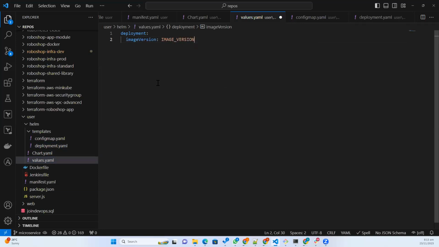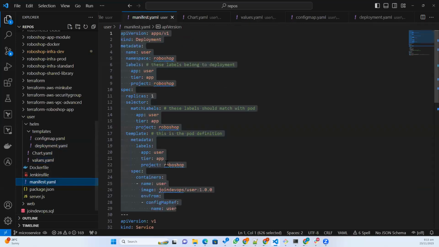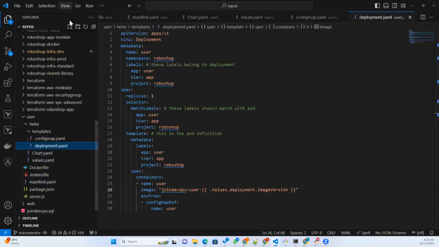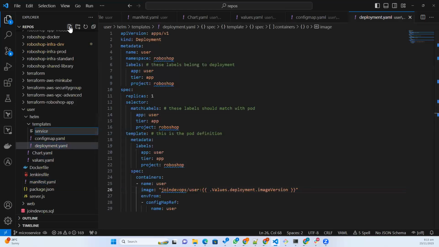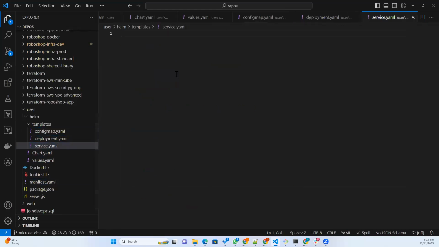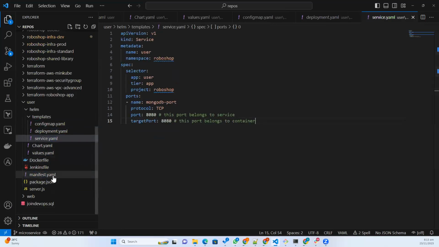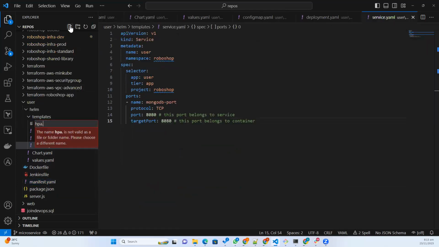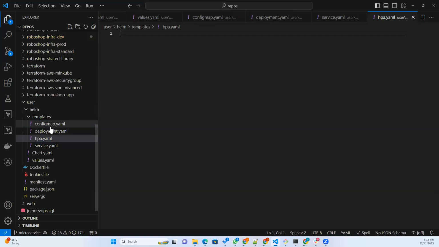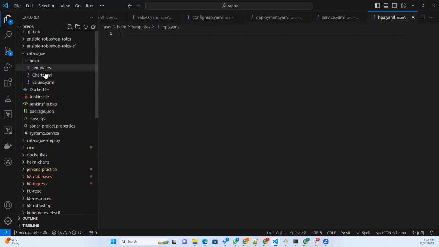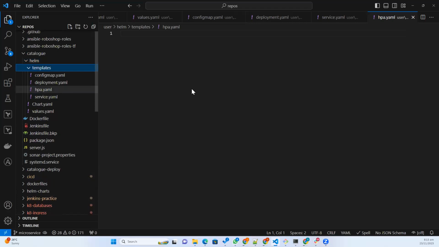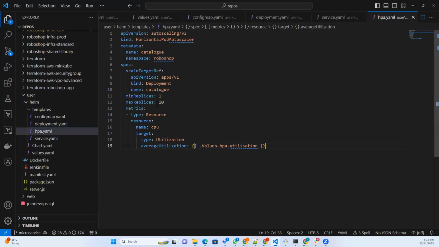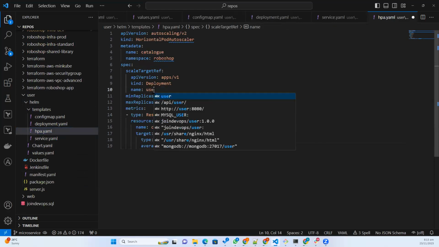So I'm keeping a placeholder here, and then after that service.yaml. Namespace roboshop, that is fine. And then, yeah, so now we need to write hpa.yaml also. So that HPA, let me copy it from catalog. User,